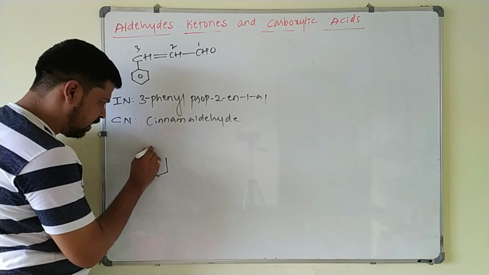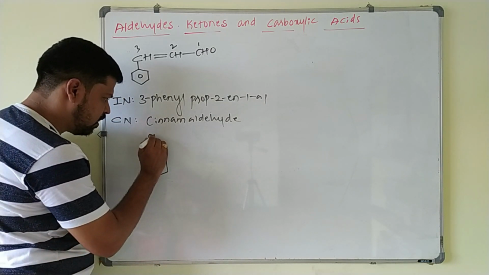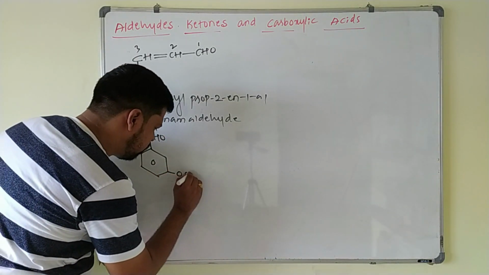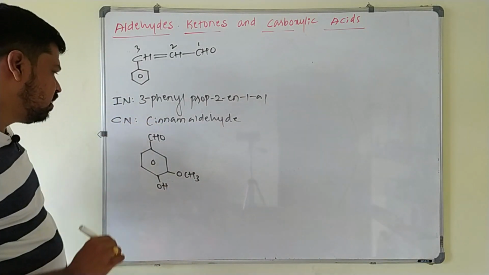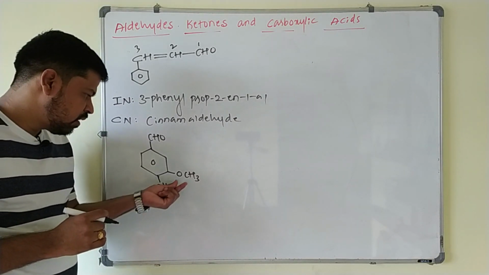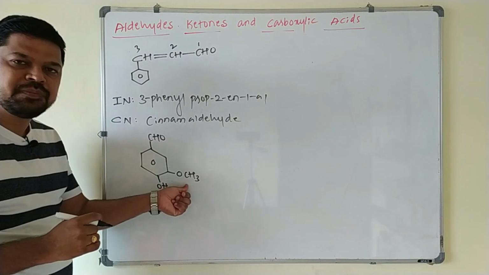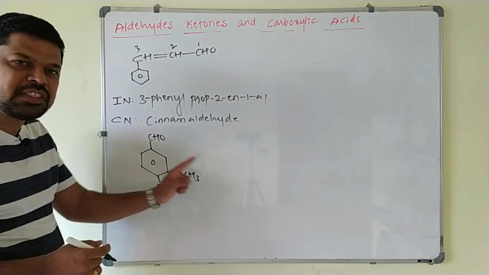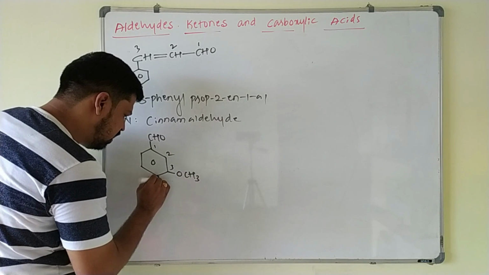Okay. Next one, another special compound is there, that is your vanilla flavor. This is CHO. Here if I attach one methoxy group, and at the fourth position one hydroxy group is there. The IUPAC name of this compound is 4-hydroxy 3-methoxy benzaldehyde, because these substituents are arranged in alphabetical order. So hydroxy comes first in alphabetical order. The numbering is 1, 2, 3, 4.